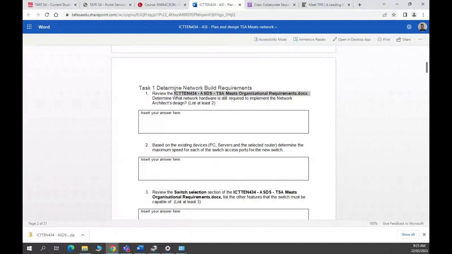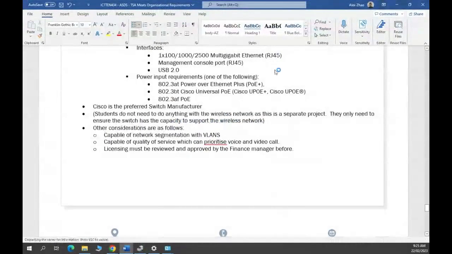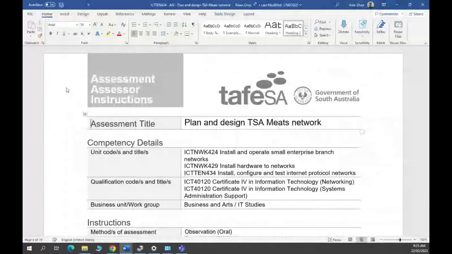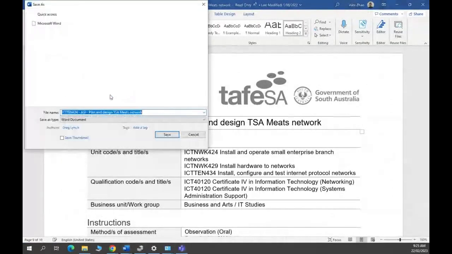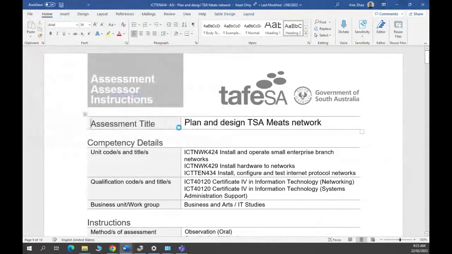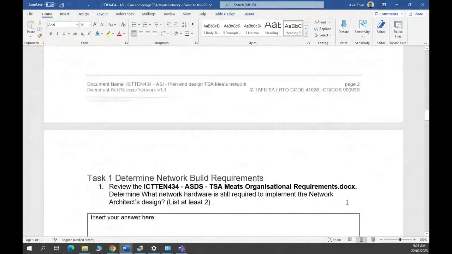Wherever there's a requirement for a supporting document, let me just open that on a desktop app. Maybe I should just save a copy locally, just in case I'm modifying something else. Let's put it in downloads. Yep. All right, so if we scroll through, if it says refer to this document,